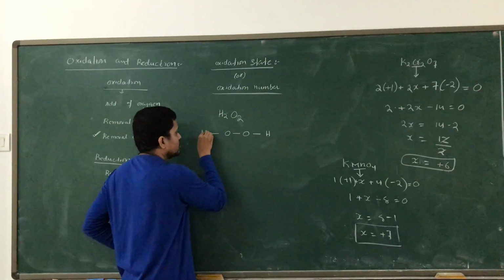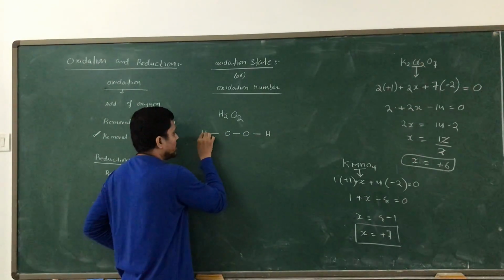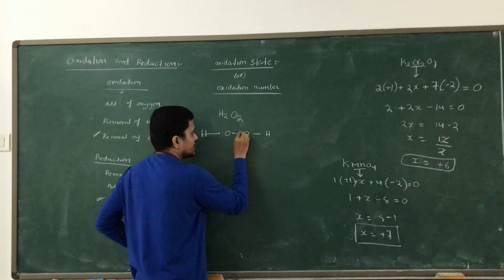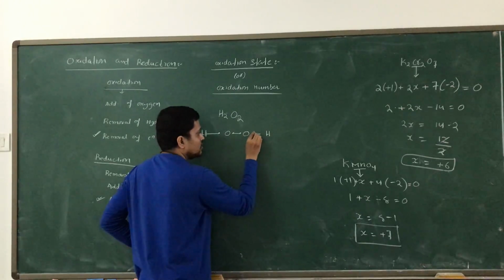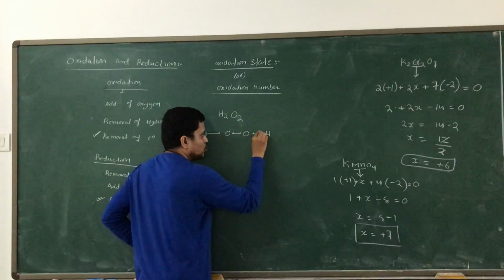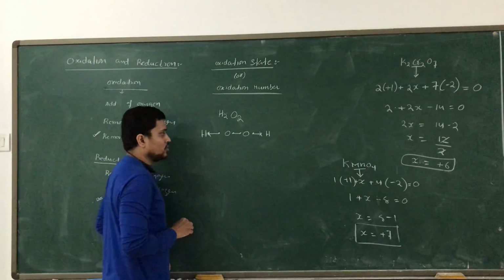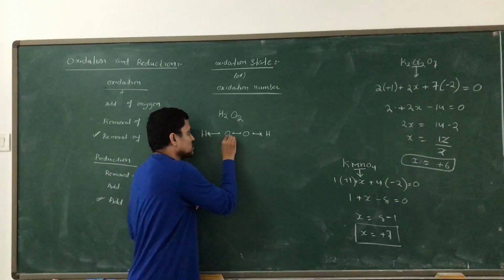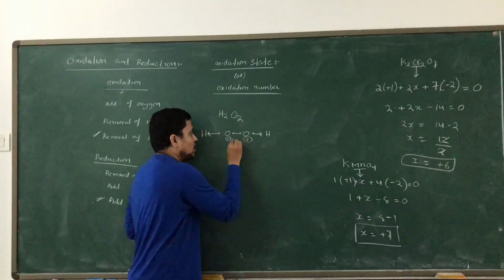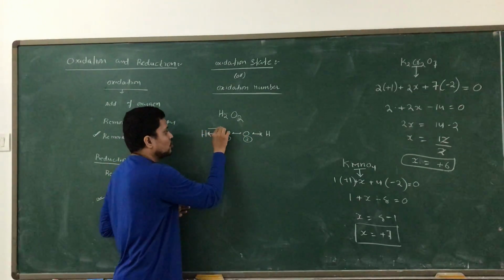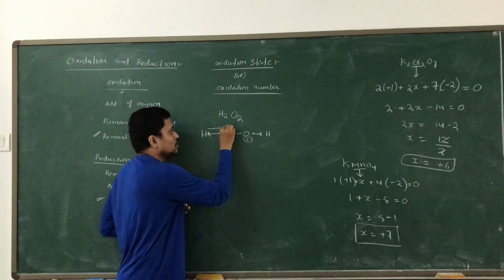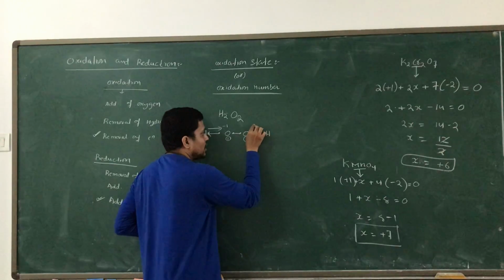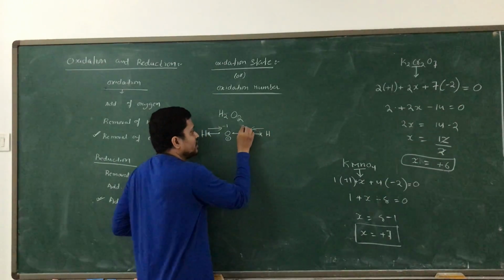hydrogen. Now these are the 2 oxygens we have. 1 electron of oxygen, another electron of oxygen. Second electron of this oxygen, 1 electron, second electron of this oxygen. And 2 hydrogen electrons we have here. Now see, this oxygen I say is oxygen number 1, and this is oxygen number 2. Oxygen number 1 is taking 1 electron from hydrogen. After taking 1 electron, it becomes minus 1. Fine. And this oxygen is also taking 1 electron from this hydrogen because of high electronegativity. It is also becoming